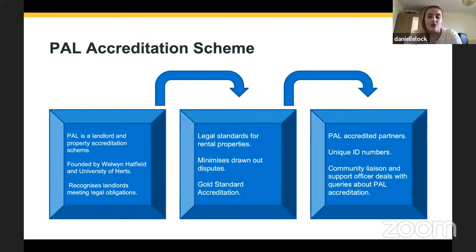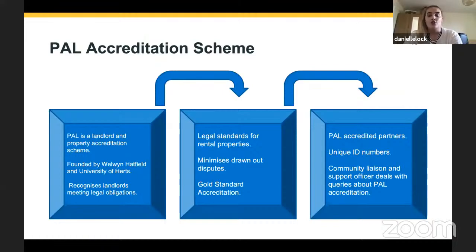Students, and particularly international students with tricky language barriers, often fail to fully read and understand the tenancy agreements they're signing and can get themselves into bad situations. When disputes arise with a PAL accredited landlord or letting agent, PAL operates an independently managed complaints procedure that ensures quick resolutions to any issues. Non-PAL accredited landlords are not covered under this procedure, and therefore issues can get out of hand and be time-consuming and expensive. Some landlords may be gold standard, meaning they regularly go above and beyond expectations and can be trusted by people to provide exemplary service to their tenants.